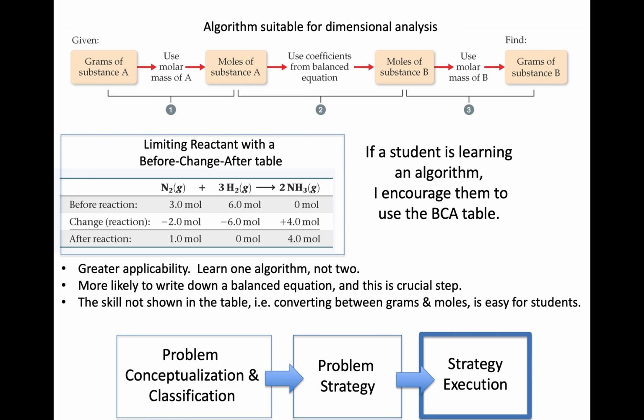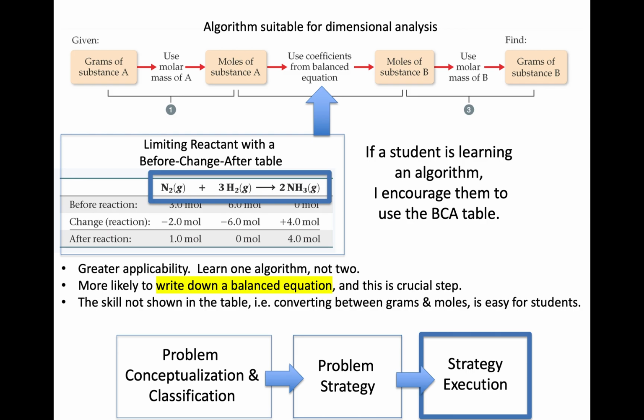I think it's better to learn one algorithm instead of two. If one is being presented as a dimensional analysis approach, but a different one is being mentioned for a limiting reactant, and the limiting reactant approach will work for both, I would rather have the students learn one algorithm instead of two. This greater applicability later on within the course in the second semester, the BCA table is used again and again. Second, as I think about the execution, the BCA table, the student is more likely to write down